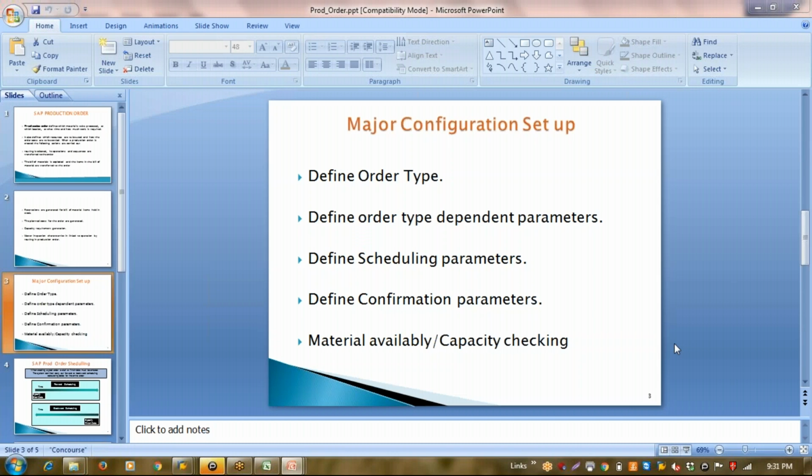So for production, we can say the basic and most important config for PP is this. Okay, here, what is the objective of this configuration? The objective of this configuration is to create one production order type. Here, we'll define some order type dependent parameters, some scheduling data, and some confirmation. So